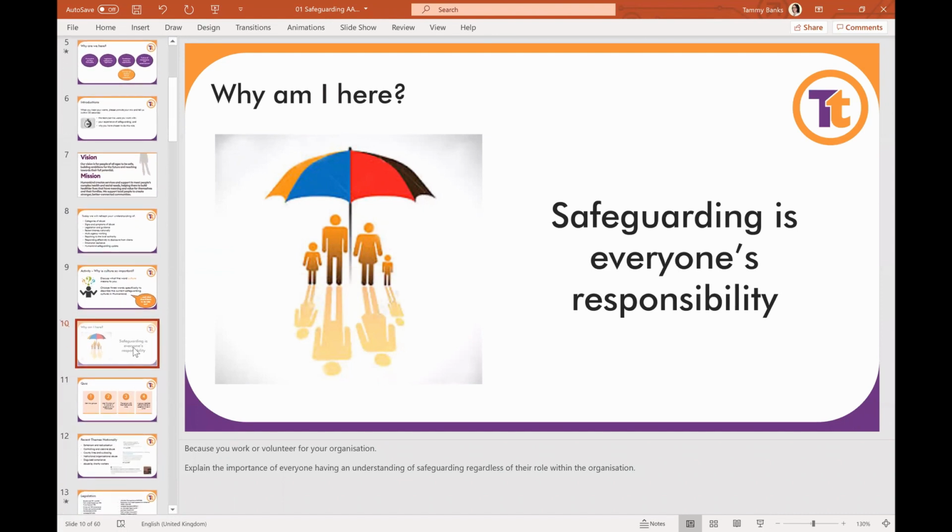I think it is important. That one for me is very much on the awareness one. When people are like, why am I at the awareness? I'm an admin assistant. Why am I at the awareness? I work in finance or whatever. That's when this slide is really important, because frontline workers generally get that. But people who aren't frontline workers don't.